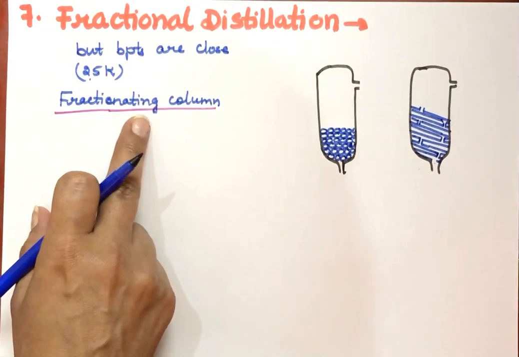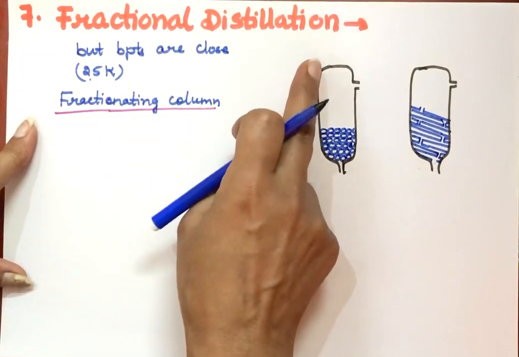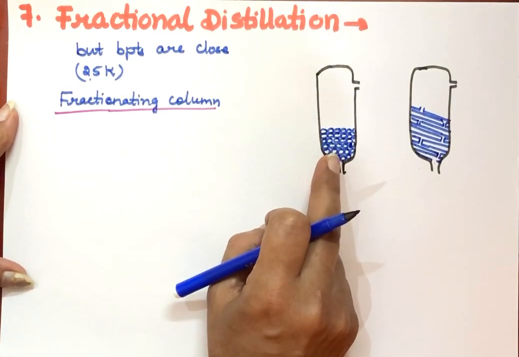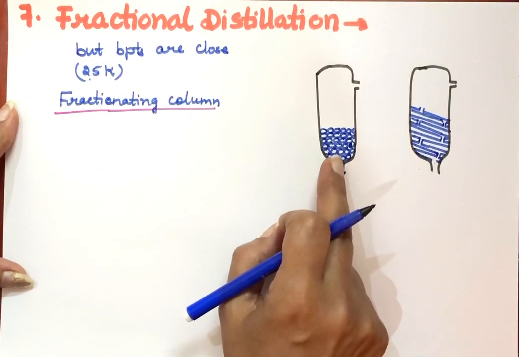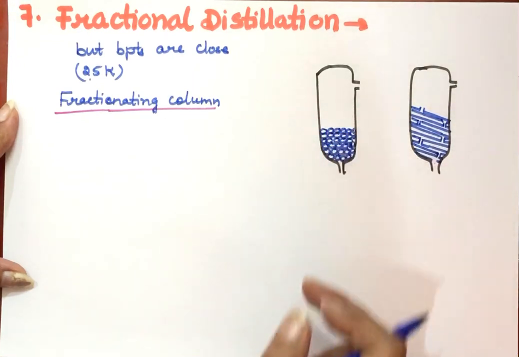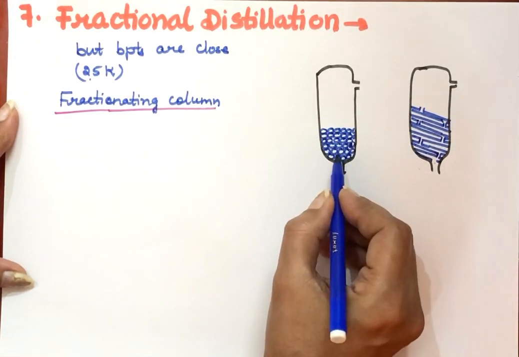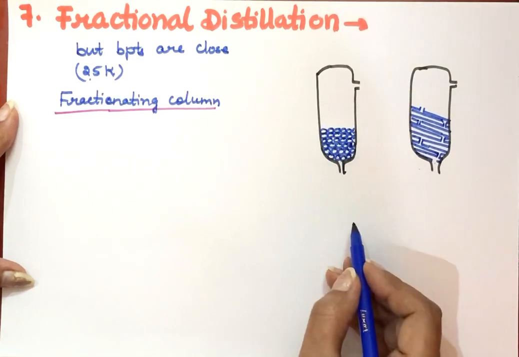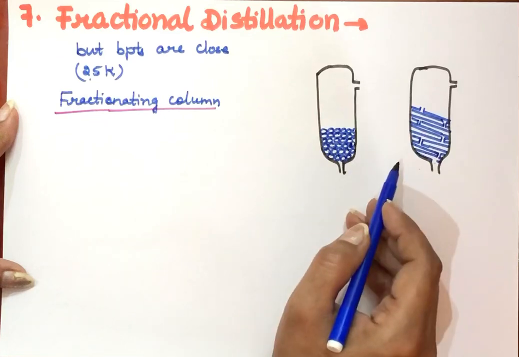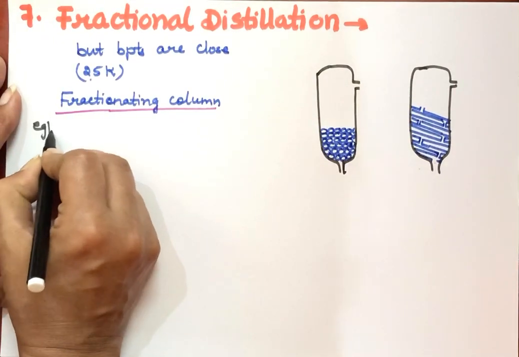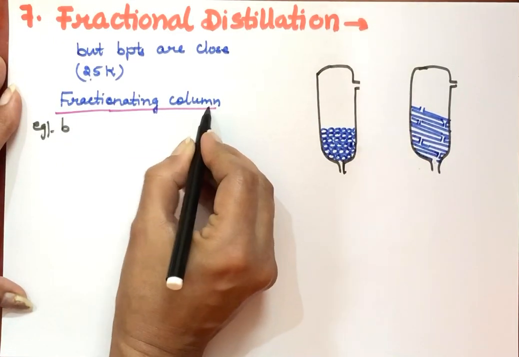So for fractional distillation, we need a fractionating column, which is a long glass tube, and in this there are obstructions to the vapors rising upward. The vapors which are rising upward move into these and the liquid will come down. They will condense slowly. The one which has a higher boiling point will condense first. So the glass tube is packed with these beads, and this is attached to the distillation flask. In the apparatus that we are using, there's one more thing, that is the fractionating column.